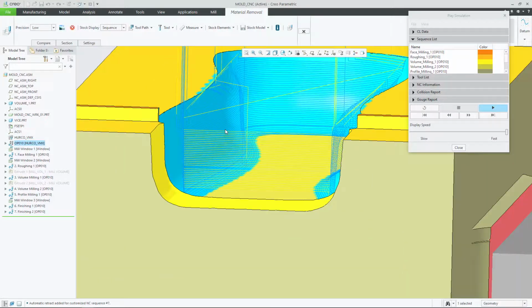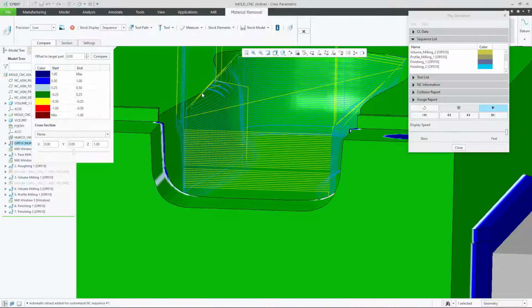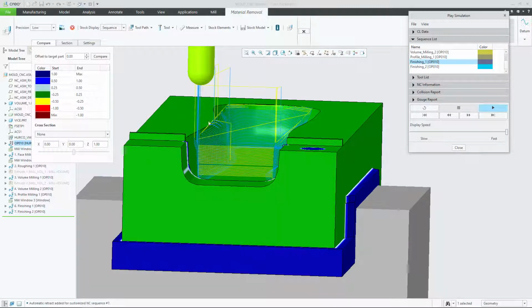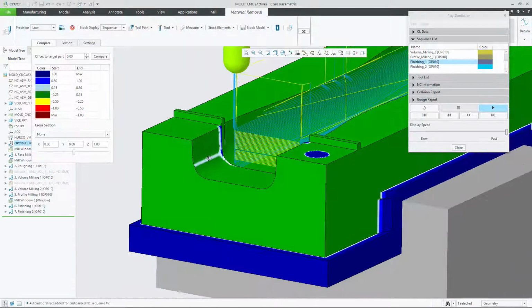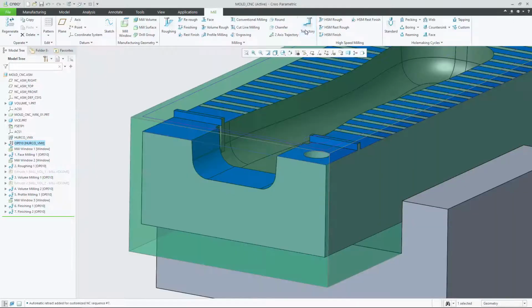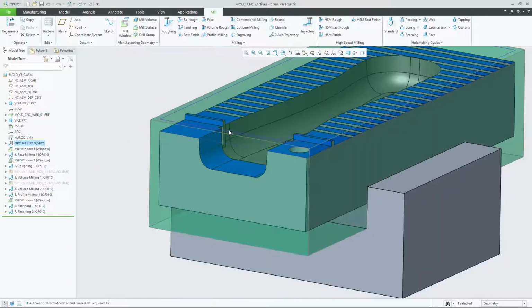Yeah, so there we go. And that second finishing op has created a surface there which will undoubtedly be a lot finer and a lot nearer to the intended surface, the finished designed mold shape, than the preceding sequence. So we're plotting it to within 1/4 of a millimeter plus or minus there. So essentially we've finished the internal surface of the part. So let's move on to one final